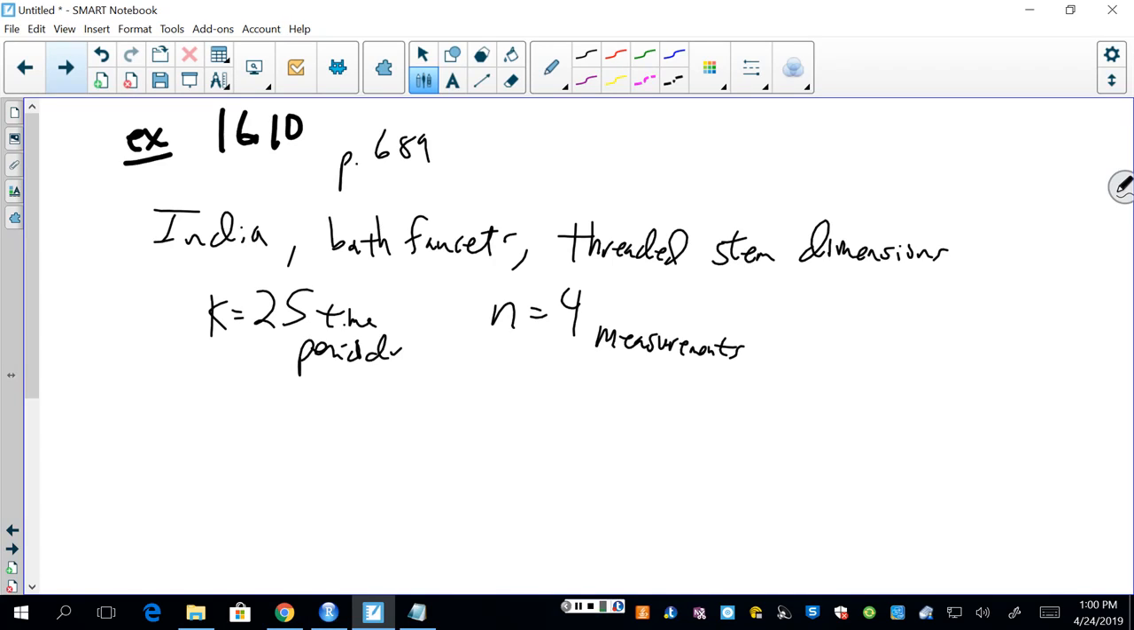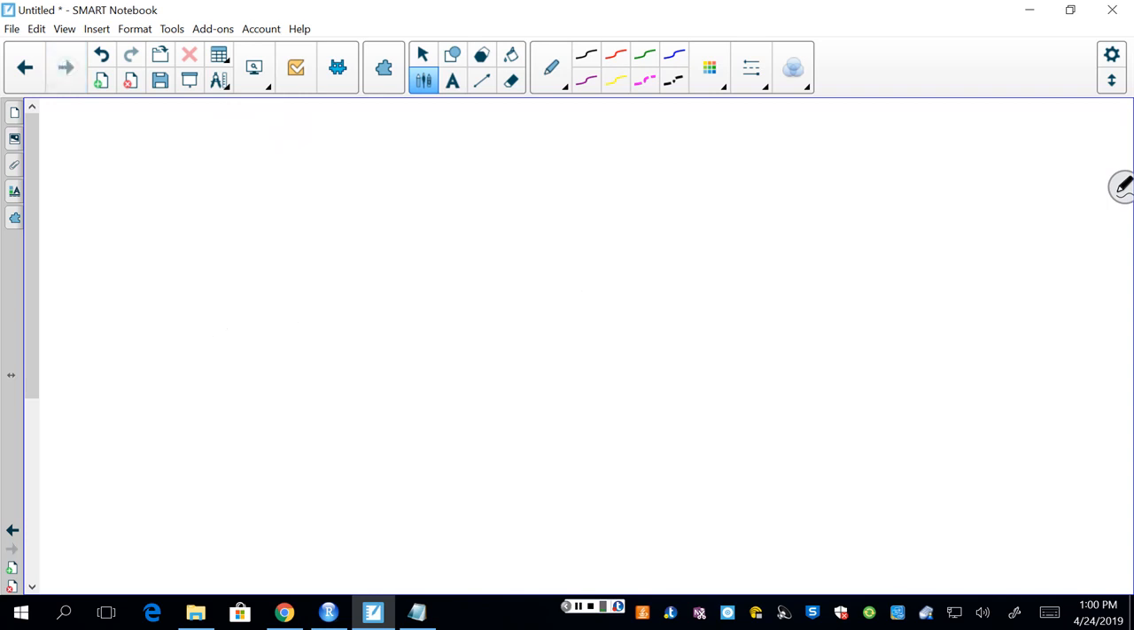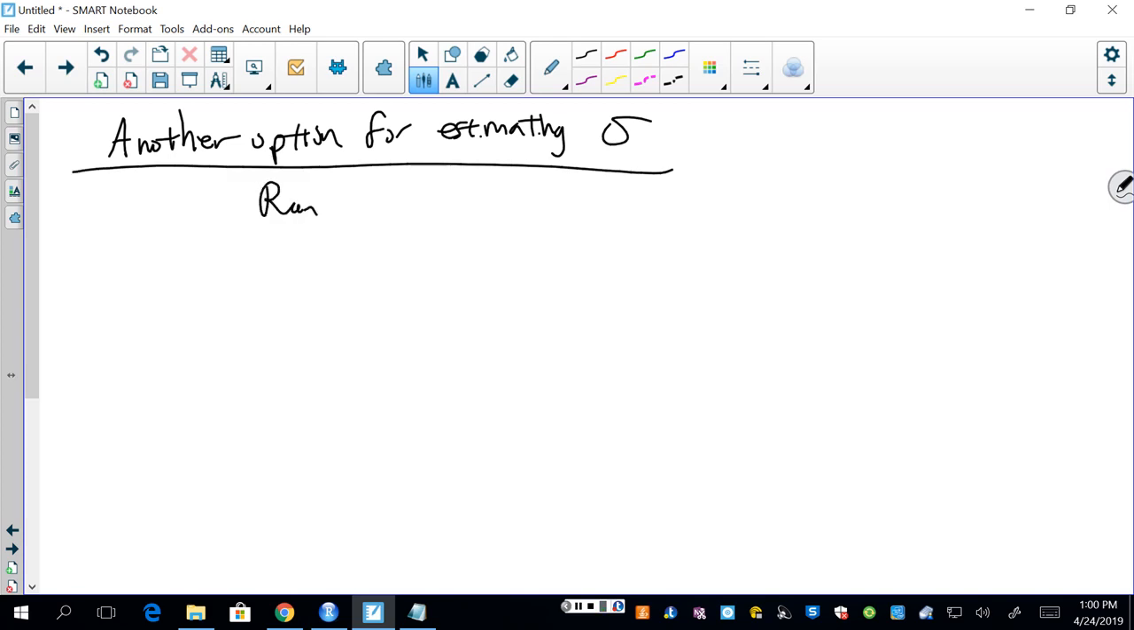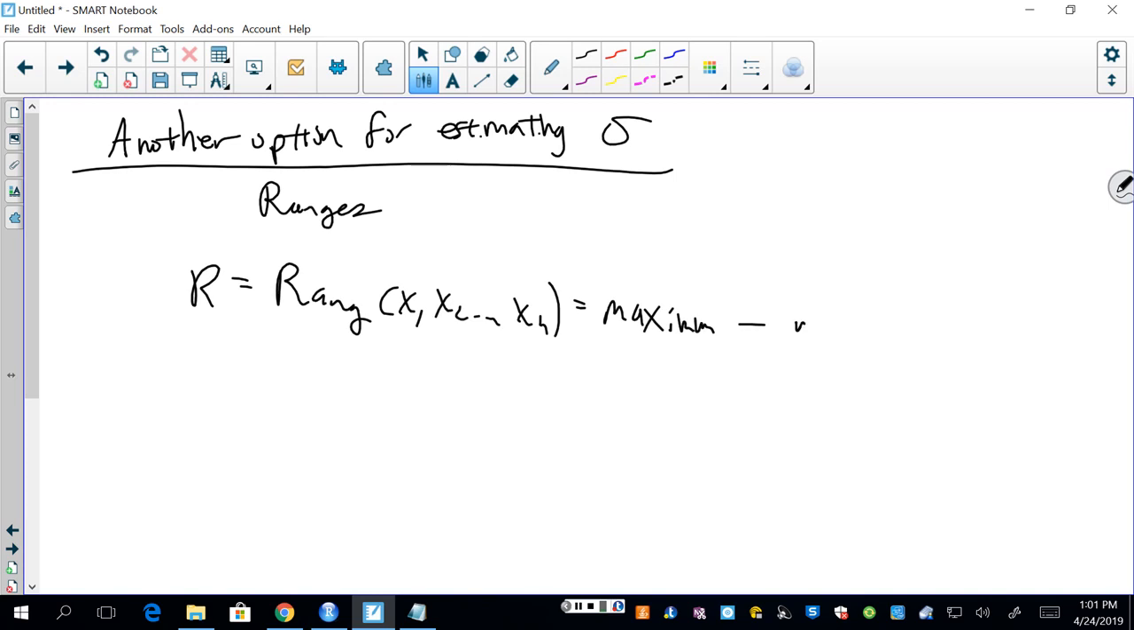So we want to. There's that, right? So two things we can say about that. One thing I want to say is just that there are other options for estimating. Another option for estimating my sigma is sometimes people do things based on ranges, right? And so if R is the range of your data, x1, x2, up to xn, which is the maximum of the values minus the minimum of the values,